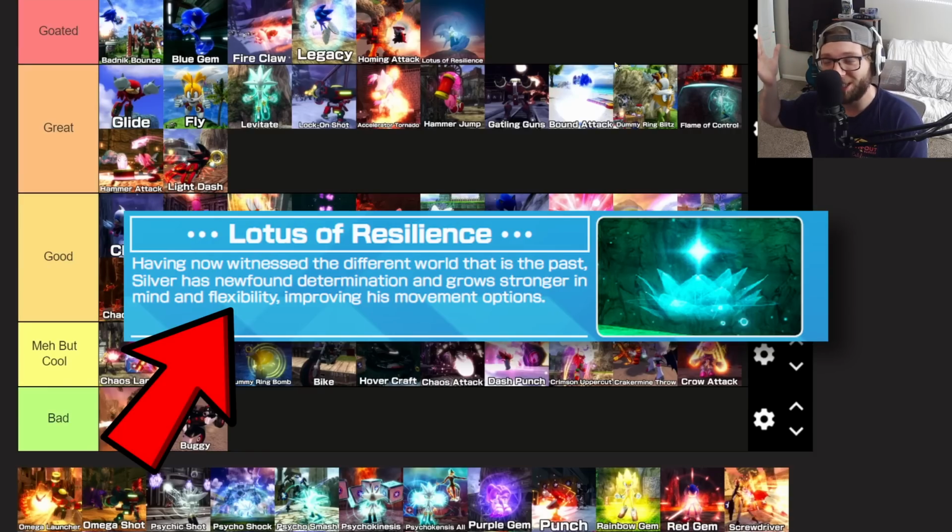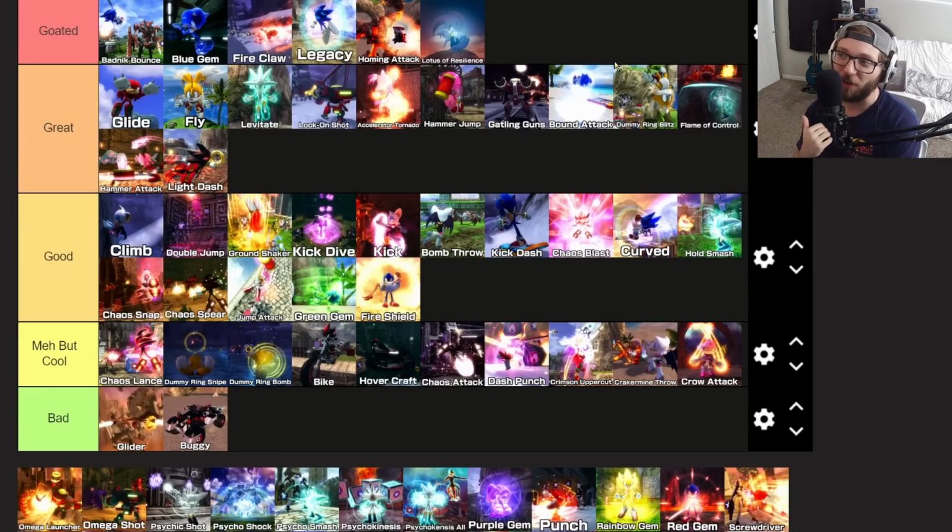Because it makes Silver more flexible, that the Lotus of Resilience provides, with the addition of that spin jump and increasing Silver's teleport dash range. I mean, it's just so good. It's so good. It makes Silver incredibly fun and makes him a really interesting take on the Sonic Adventure formula,